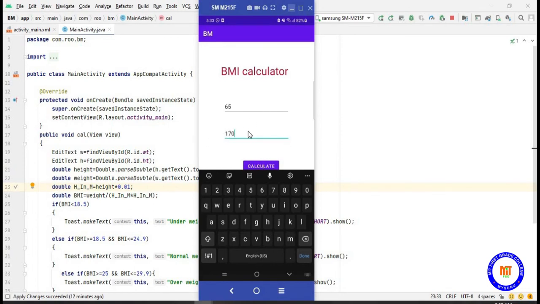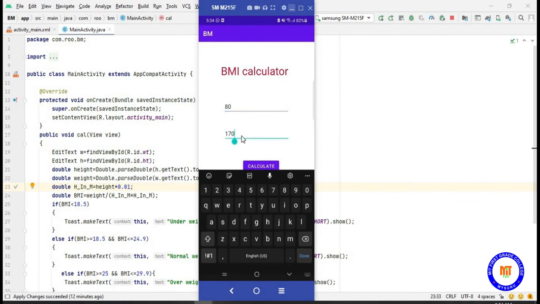So for this height in centimeter, 65 is a proper weight. So I'll change the weight, let it be 80. Now with the height of 170, weight of 80 is overweight and the BMI value is 27.681. Since it is a toast message, it will just show and disappear.